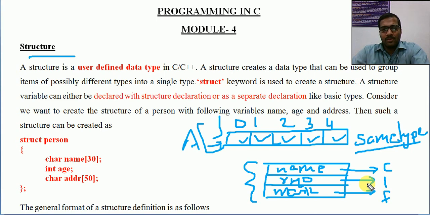So if you want to store those data of different types, for a number of students, the first student will have a name, roll number, mark. Similarly, the second student will have another name, roll number and mark. Then the third student will have a name, roll number and mark, similarly up to the total number of students. So if we want to store this type of record data, we cannot directly use an array, because an array holds only a single type of data. But for storing these different types of data, we use the concept called structures.